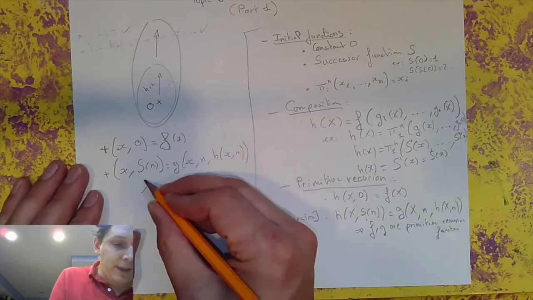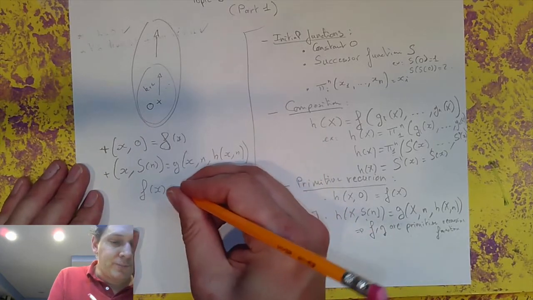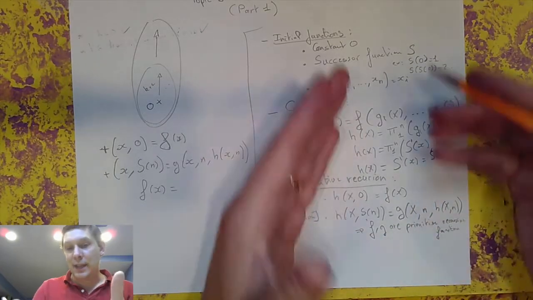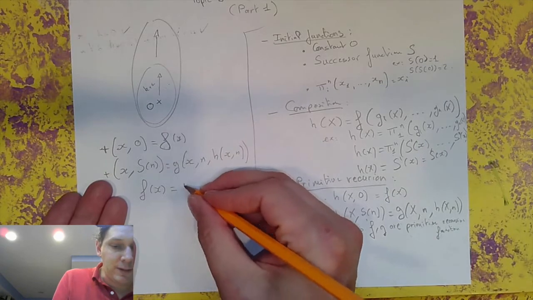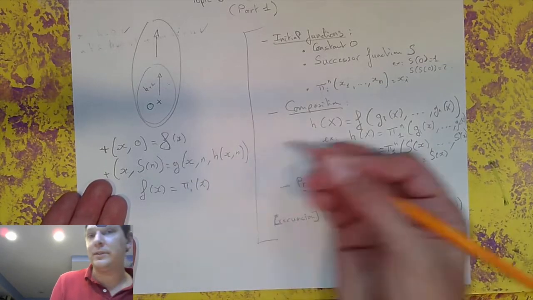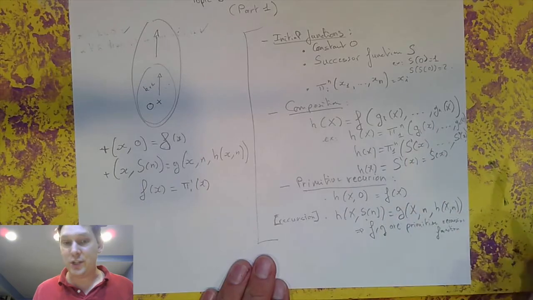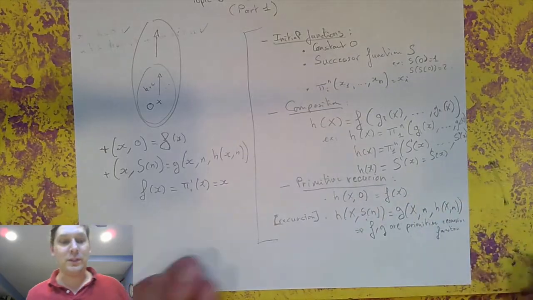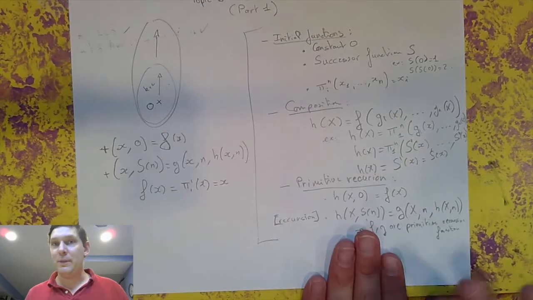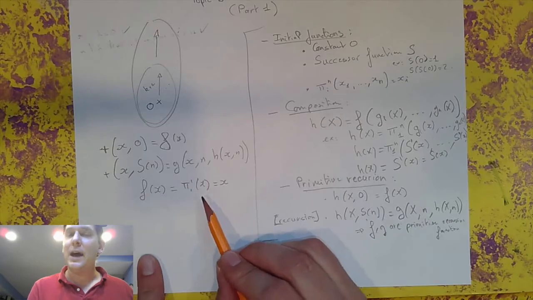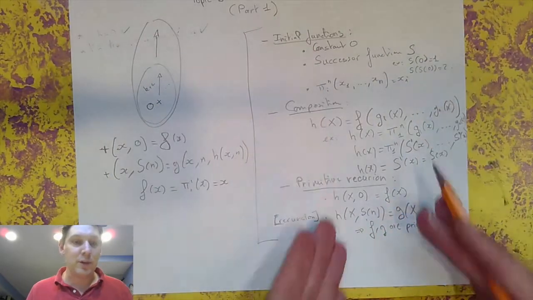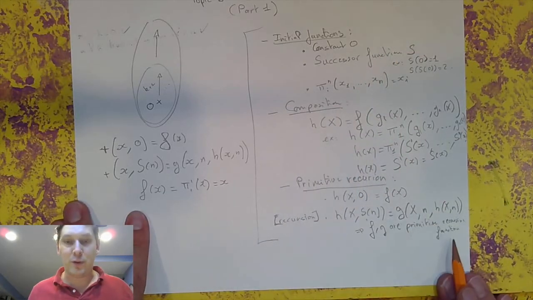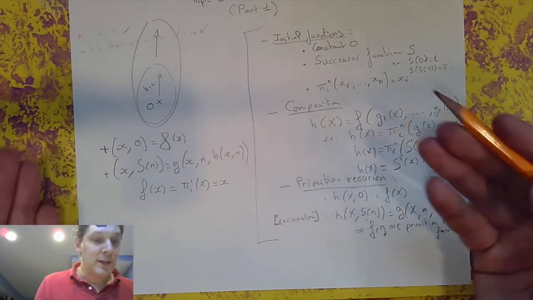So f of x, you can say, well, it's just equal to x. If you want to be more precise and really use what we have here, we can say f of x equals pi 1,1 of x. I'm just going to do a projection here on the first element, which is the only element, which is x. So here I'm really purely using what I'm being given. If I missed this step, I would be a little bit ambiguous and imprecise because I would not be strictly using a function. When we said f has to be a primitive recursive function, it has to be somewhere here. Now,